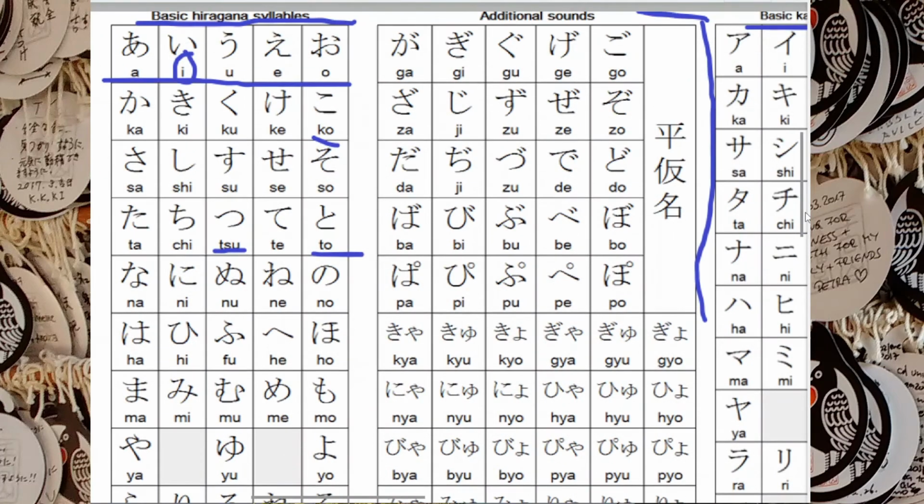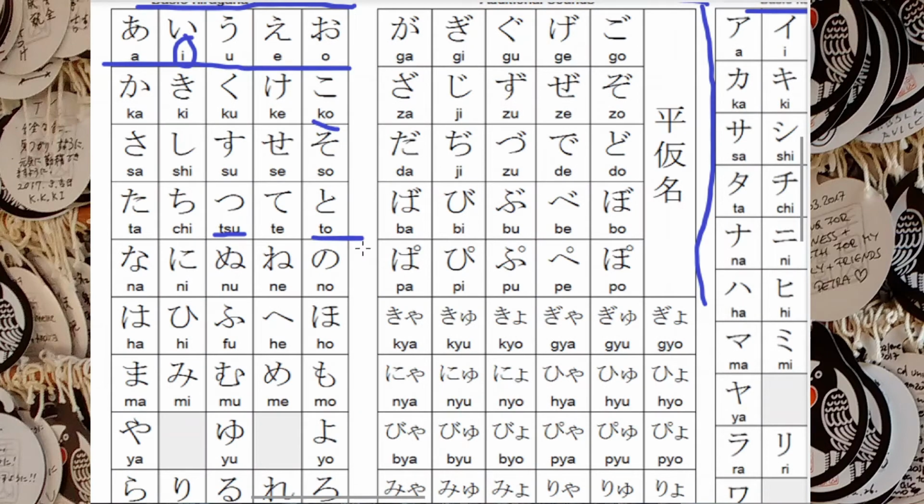So there we go. Hopefully that'll help you pronounce the words better. After all, it is very important that you remember that Japanese words aren't pronounced even close to the same in English because of this writing system, because each one of their sounds is represented by 2 Roman letters. And hopefully that will help you. So I'll just go through, you can skip ahead of course, but I will just go through the sounds that these symbols make, so you can practice along with me, and hopefully I won't fumble them